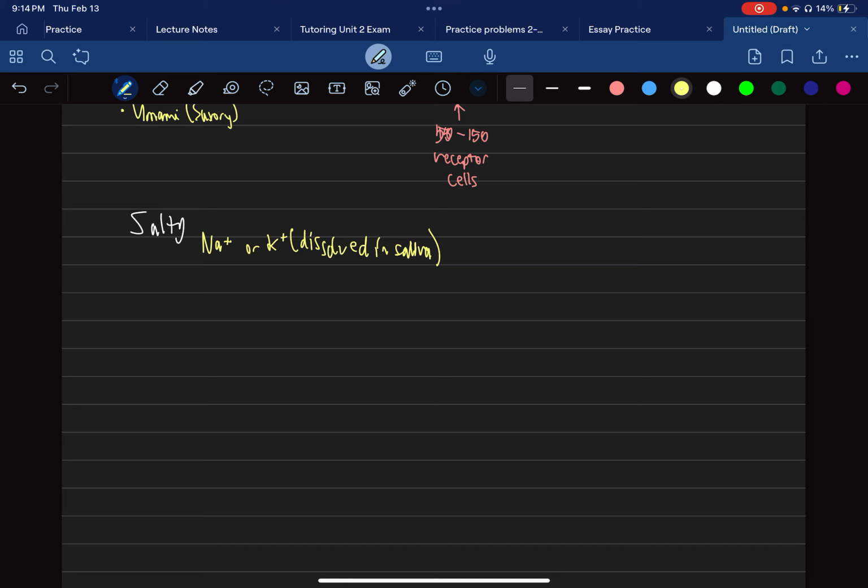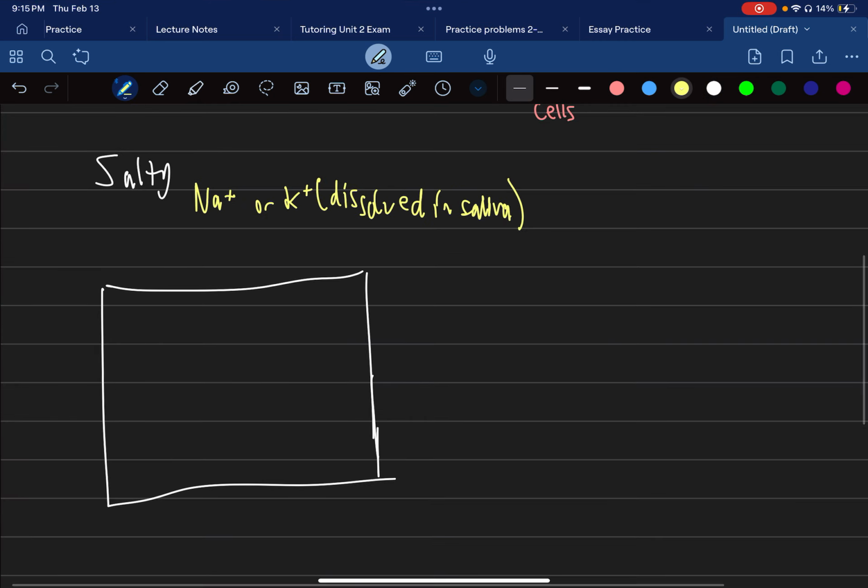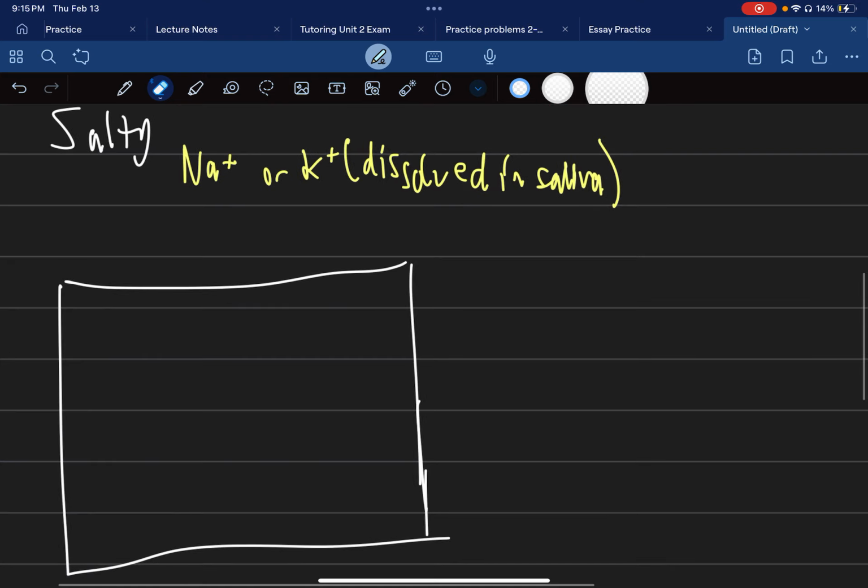So what's going to happen is we have our salty receptor cell. There's going to be an epithelial sodium channel here,